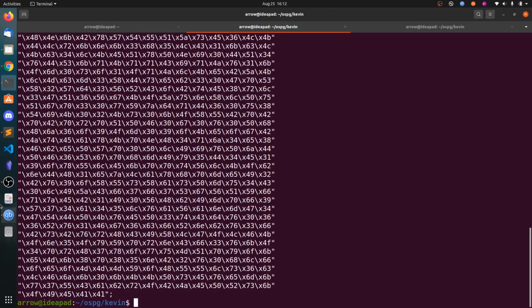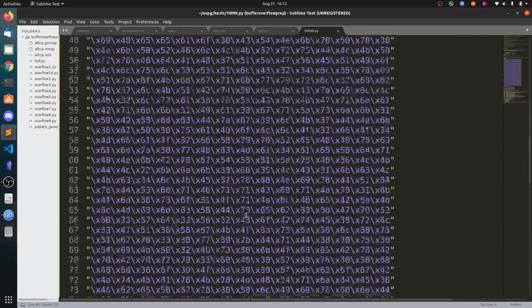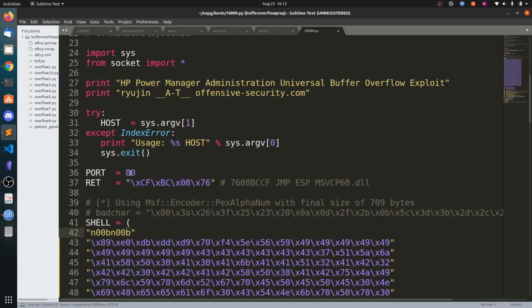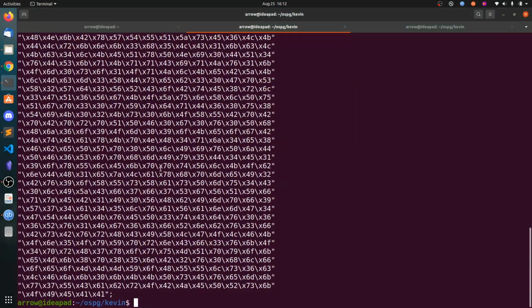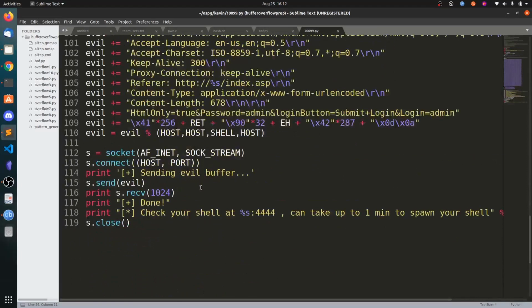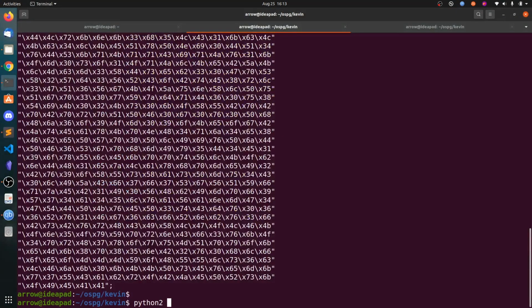So now I think everything is fine. You need to change this port. I think it's by default port 80. Yes. So let's go and run the Python. You can see the print does not have the brackets, so it's Python 2.